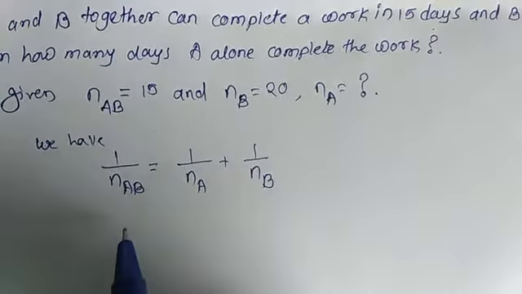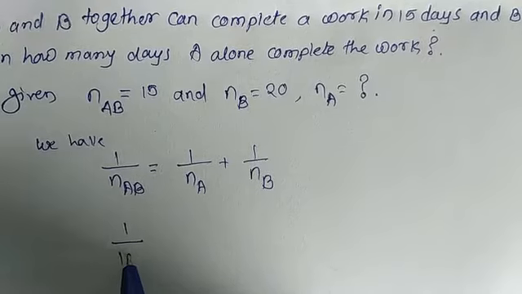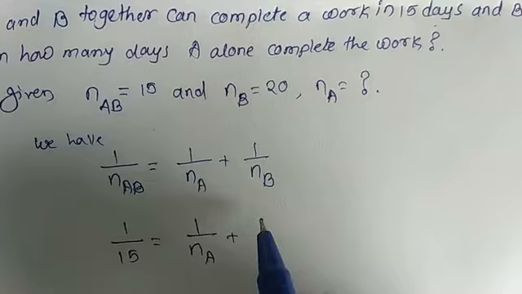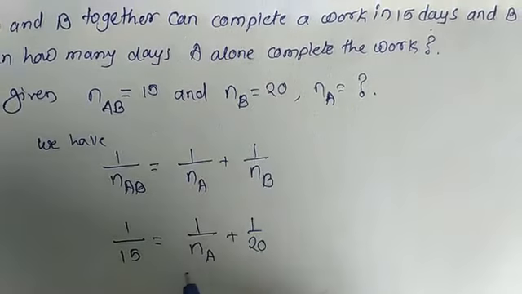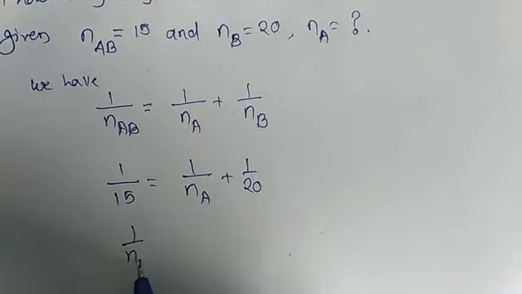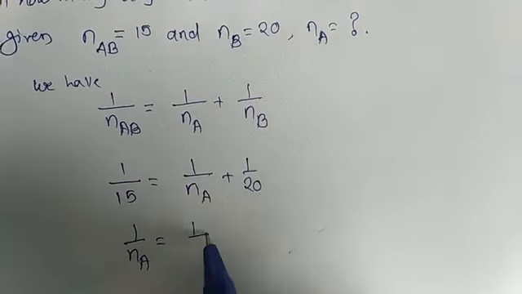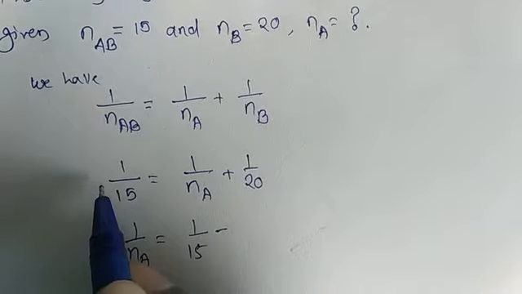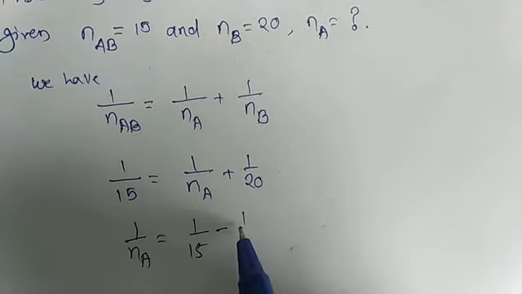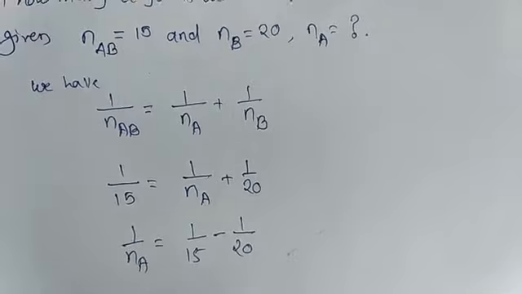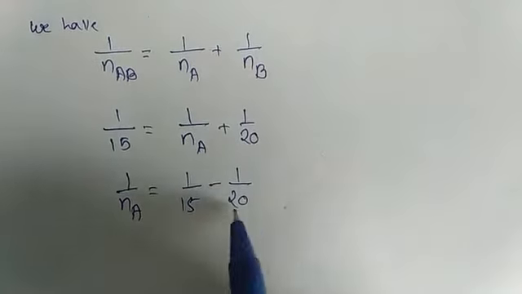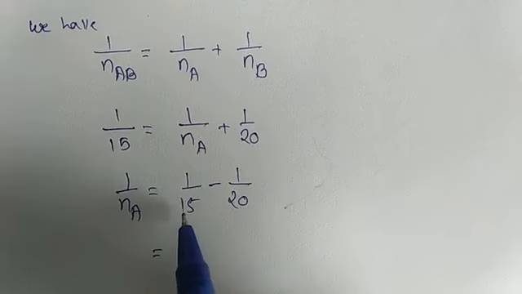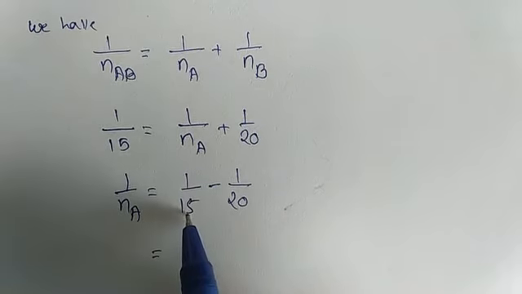So we substitute here the values. 1 upon 15 is equal to 1 upon n to the base A plus 1 upon 20. So 1 upon n to the base A can be written as 1 upon 15 minus 1 upon 20. This is shifted toward the left side, it is positive, so it will become negative on the right side. Okay, so taking LCM here, it will be 60, both 15 4s are 60 and